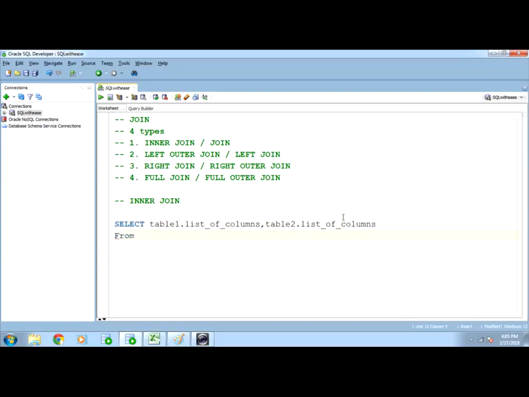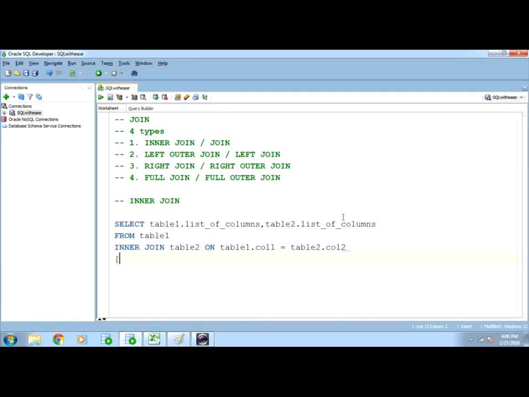Again, keyword FROM table 1. The first table you specify is considered the left hand side table. We want to inner join this table with table 2. This is the right hand side table. On keyword ON will specify which column from table 1 is related to a column in table 2.